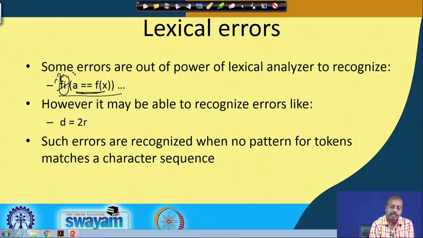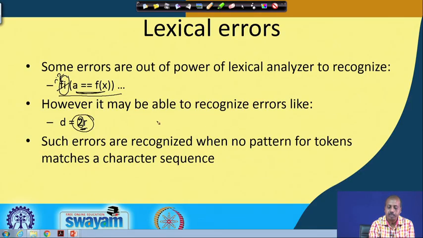However, it can identify this as an error, because in my programming language it is said that identifiers should start with a character and then continue with characters or digits. Now, no symbol can start with a 2, so this is not going to be a symbol. But at the same time it cannot take 2 as a number, because if it is a number, then between 2 and r there should be an operator.